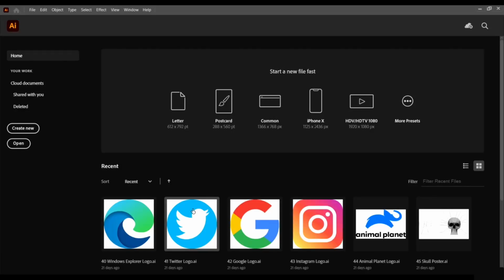I'm very much excited to have you learn with me in this course on Adobe Illustrator. Now in this lecture, we're going to be learning about the interface and the tools of Adobe Illustrator. We are simply going to be brushing up our knowledge because this is not a beginner course, so we are not going to be learning very basic things.